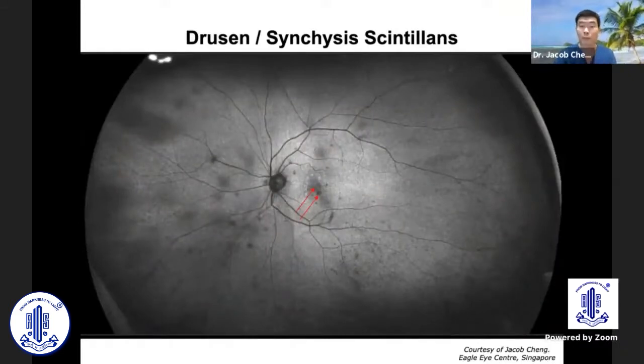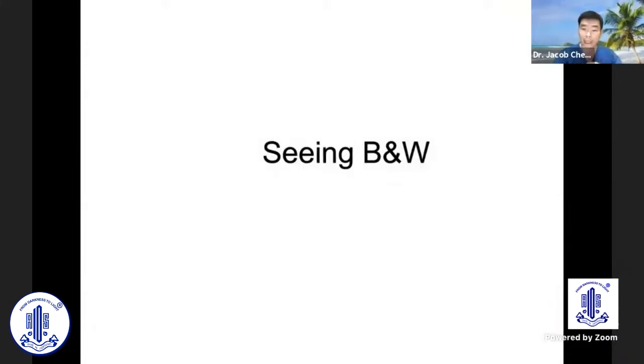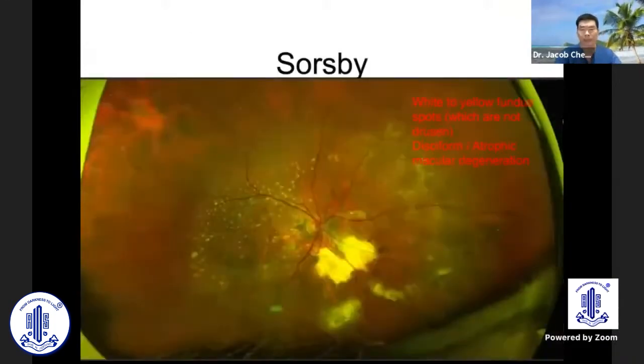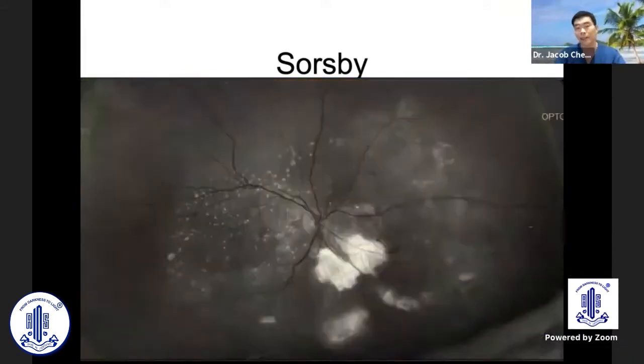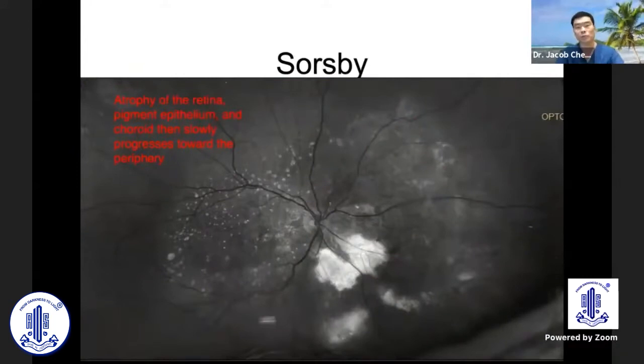So this brings me to the next point of seeing black and white. This is a patient where it looks like Salisbury-like, pseudo-inflammatory kind of macular dystrophy, where we do see all these white and yellow deposits or spots on the retina, which are obviously not drusen. There's also an associated atrophic kind of macular degeneration. Again, we do know in Salisbury, there's atrophy of the retina, RPE, retinal pigment, as well as the choroid, slowly